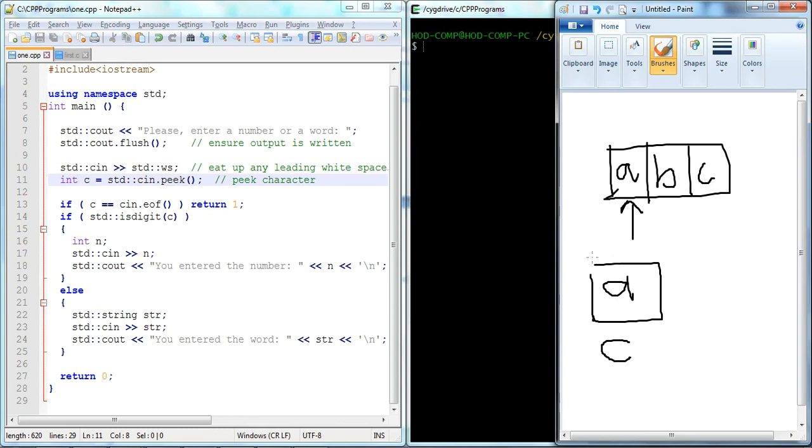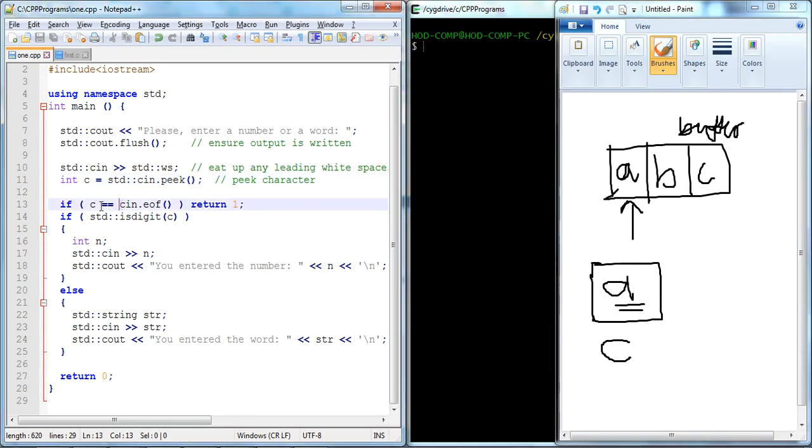When we run cin.peek, it copies that particular character into the assigned variable C. It copies the A, and the whole input stays in the input buffer. Now it verifies whether C is the end of file. No, it's false, that's why it goes to the if.